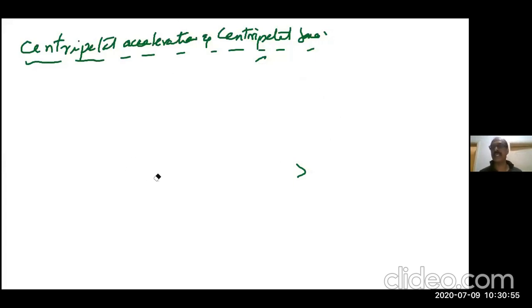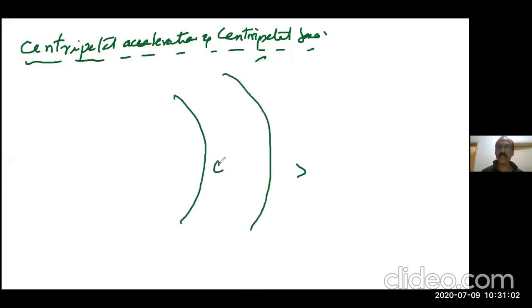I'll tell another example of centripetal force: a car turning along a circular track. Suppose the surface is very smooth and you are sitting on top of the car. When the car turns along this track, you will be thrown off from the car, right? Actually, is somebody pushing you there? No, sir. It's a fictitious force that seems to throw you out. But the car is not thrown off.